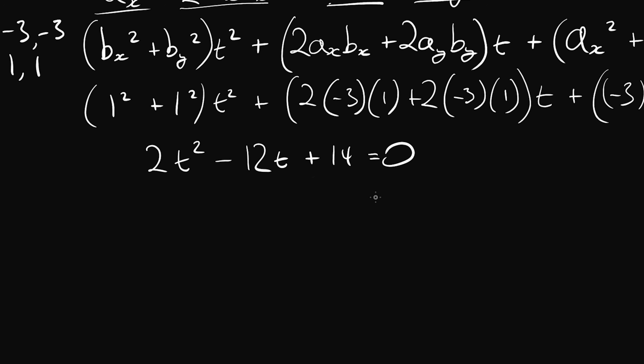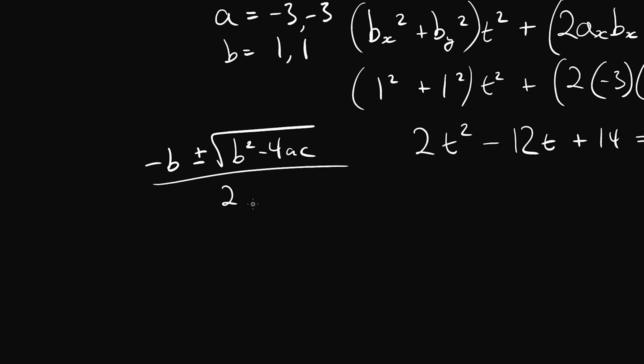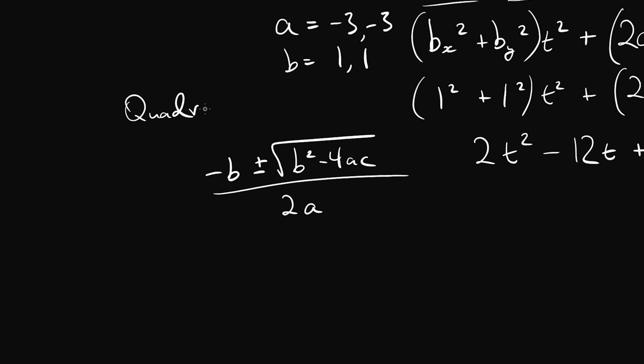So what do we do from here? Well, we just need to solve this quadratic equation. Now, programmatically, the easiest way to do this is probably to use the quadratic formula. The quadratic formula is a formula that we can derive by completing the square, which is another way to solve quadratic equations. That just gives us a really great easy equation that we can just sub all of our different coefficients into and see, first of all, are there any solutions and what they actually are, if there are solutions. So the quadratic formula is minus b plus minus the square root of b squared minus 4ac, divided by 2a. That is something called the quadratic formula.